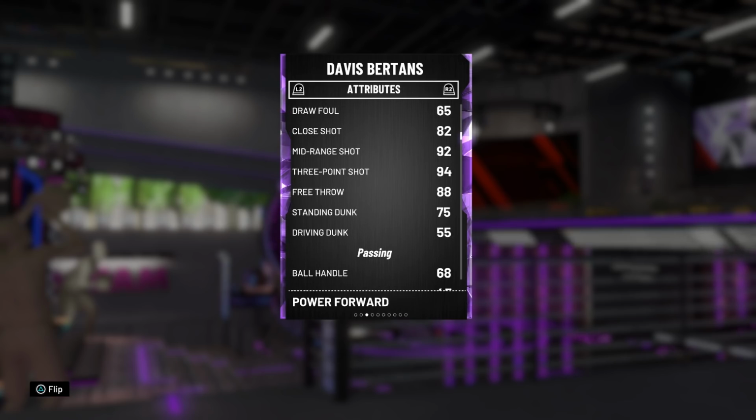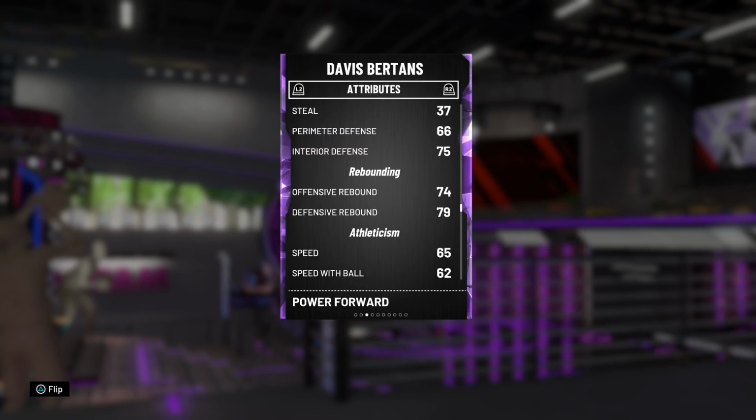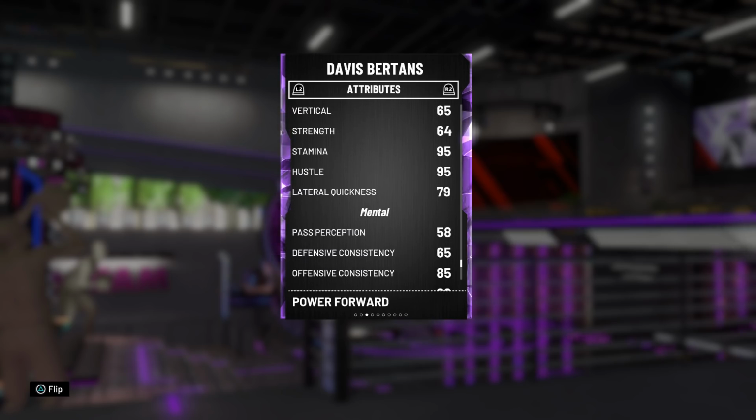His release is good. I'm pretty sure it's the same as Ryan Anderson's release, so it is going to be quite good, especially with quick draw. He's got perimeter defense of 66, which is terrible. Interior defense, terrible. Rebounding's all right. He's not that slow. Lateral quickness is really good at 79, though, so if you are matched up with a lot of big guys, he may not be...